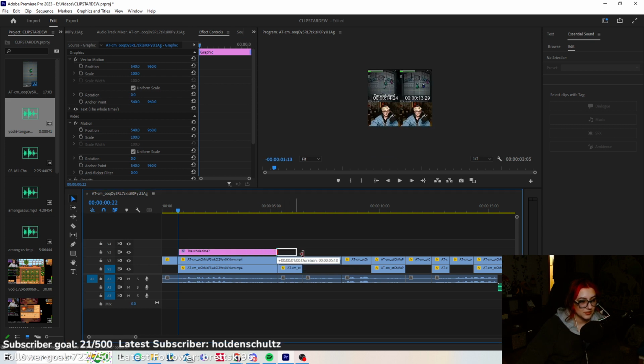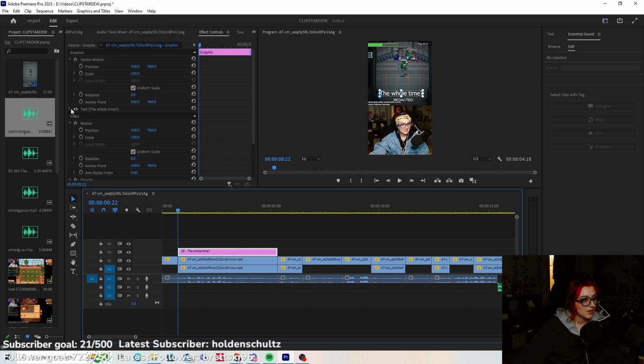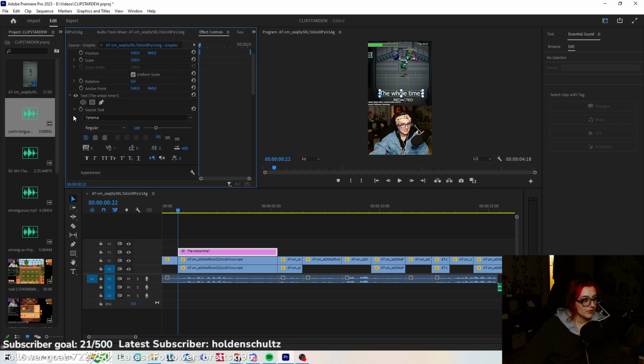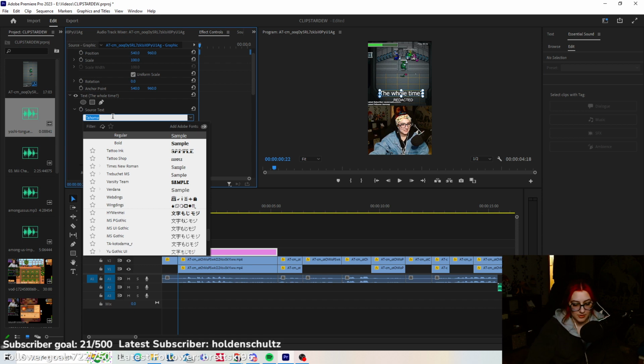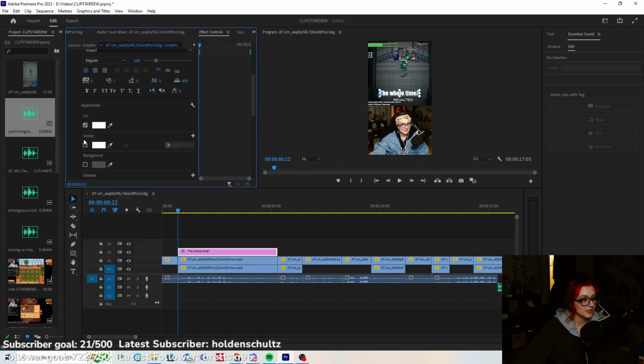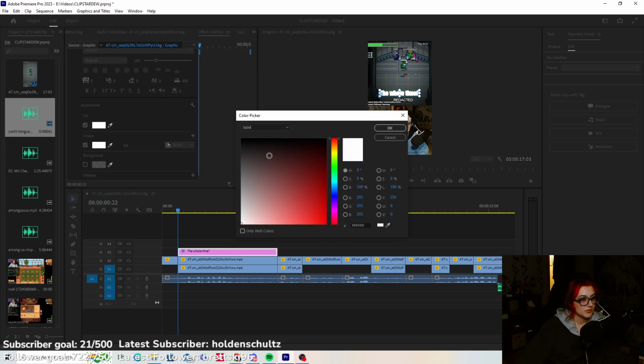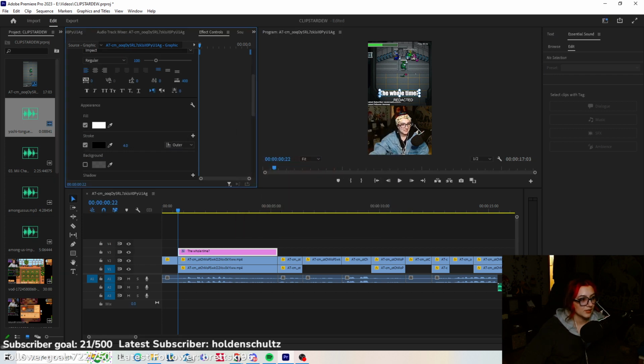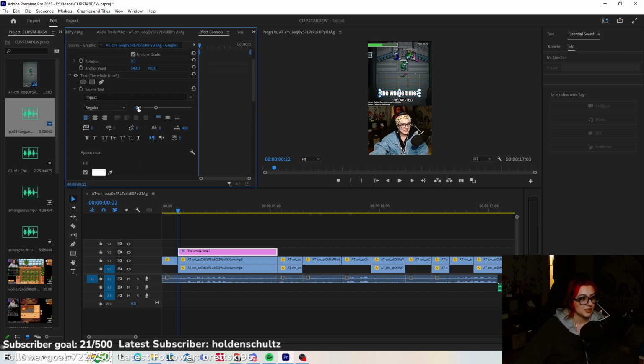This little thing just lets you lengthen or shorten a sequence, a clip, whatever you want to call it. To change your text, you go down here and it'll give you options. I always do Impact because it's a bold font that is easy to read. I changed the stroke, which is the outline, to black and 10 point. That makes it bolder and easier to read. It's usually set to 100. Every now and then I'll do 120 to make the words bigger. And then you can just move it around.